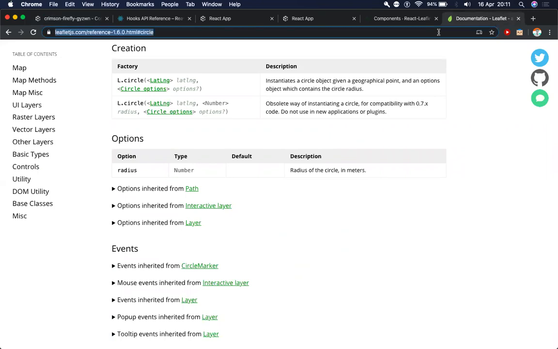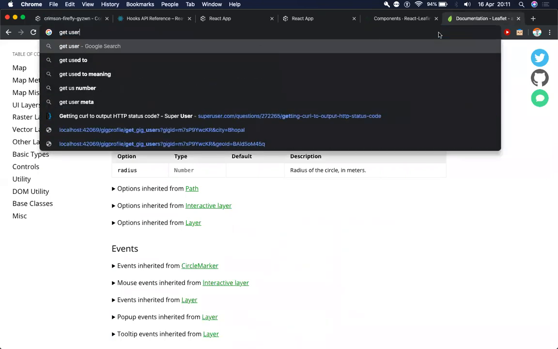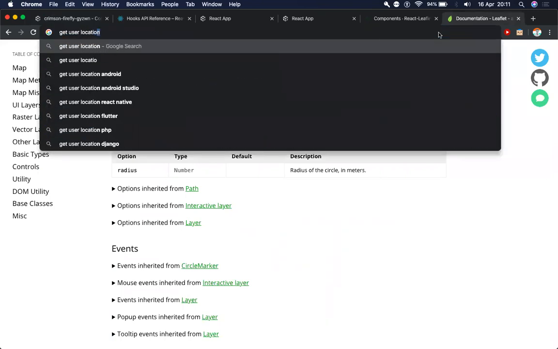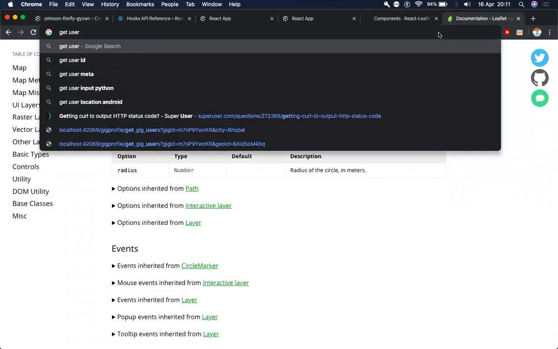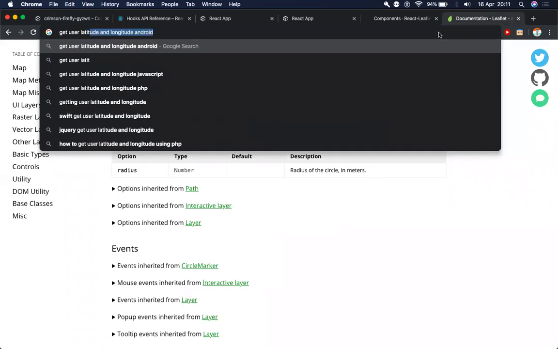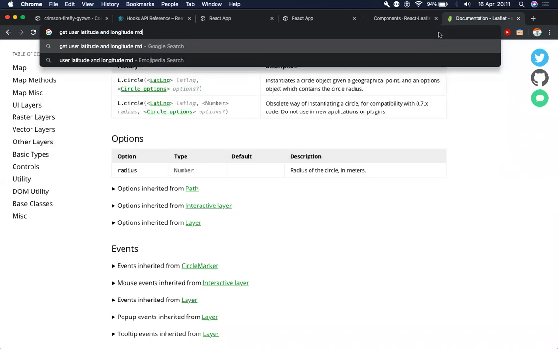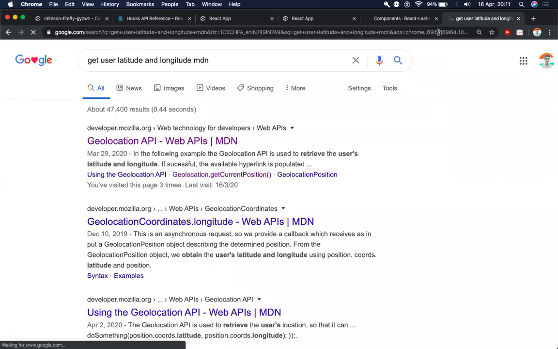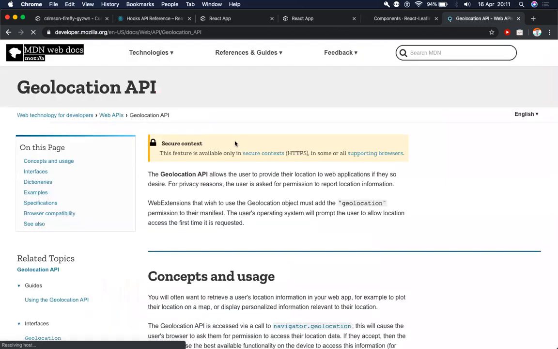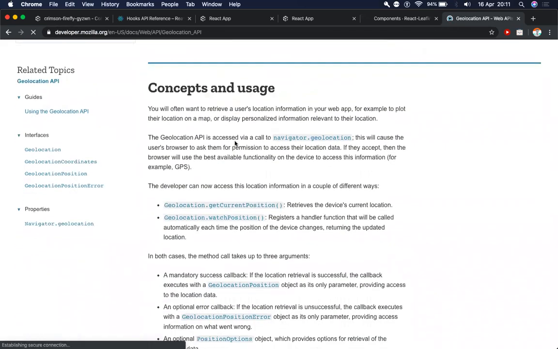We search for get user latitude and longitude, MDN. As I said, MDN is the best way to learn anything about JavaScript.